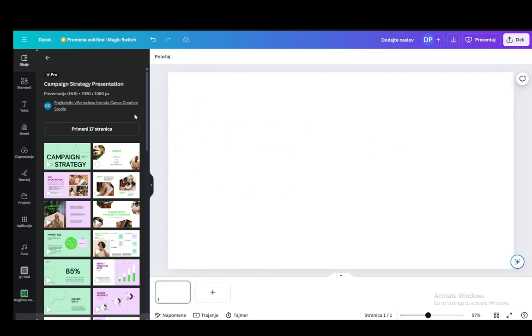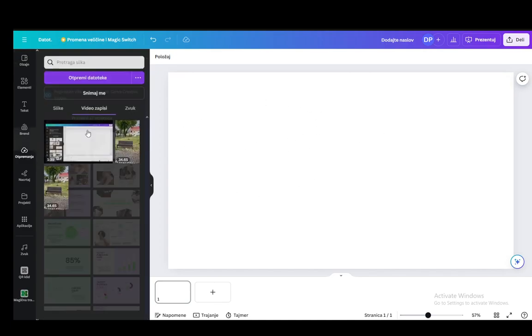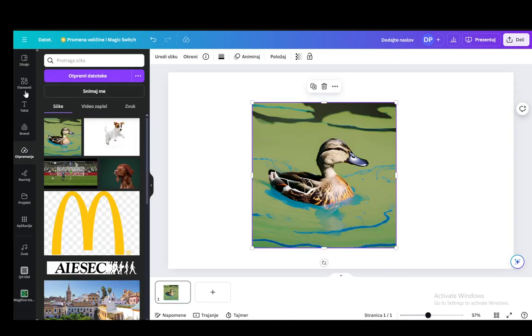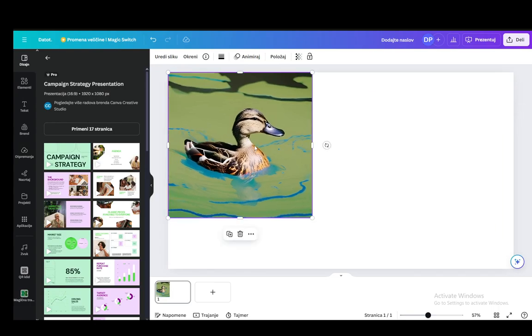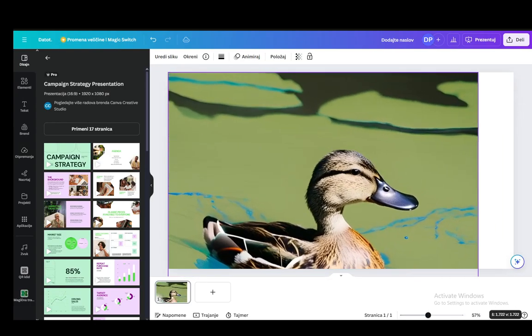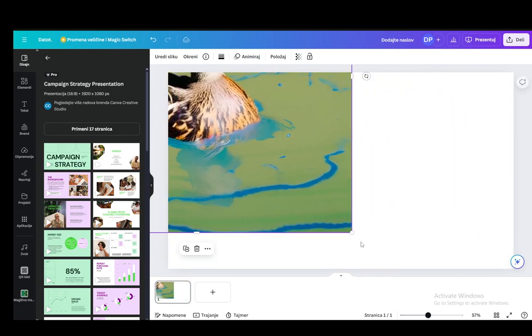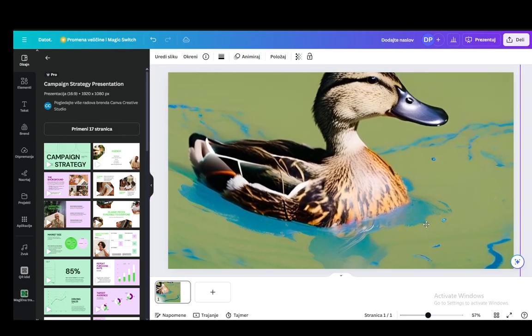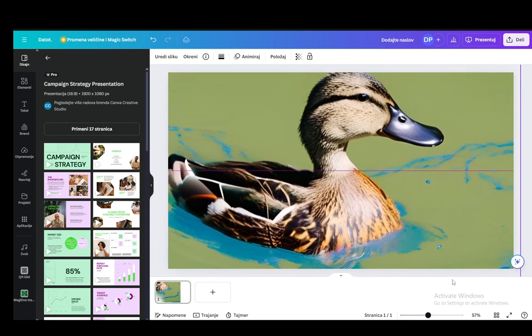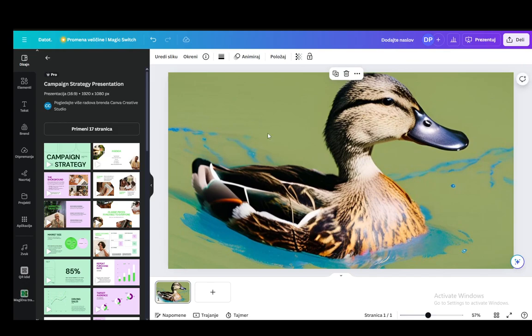You can add video or pictures as backgrounds as well. If you drag and drop the files into Canva or upload them through clicking upload files here, you can then insert pictures into a Canva presentation such as this. And let me just stretch it all the way to the size of the presentation or the slide. And as you can see, it has been added now. Let me just enlarge it one more time, so like so,